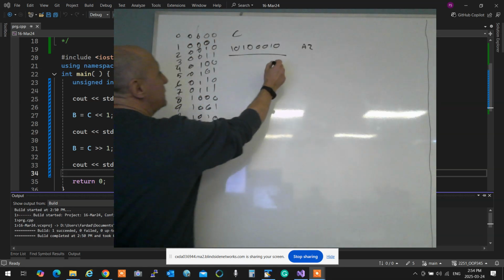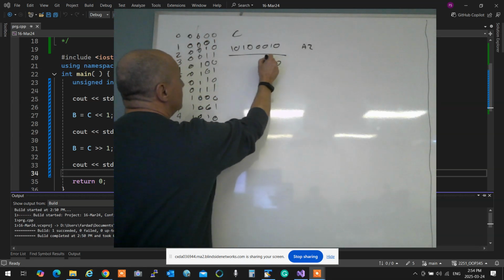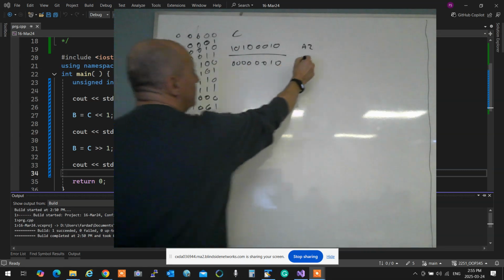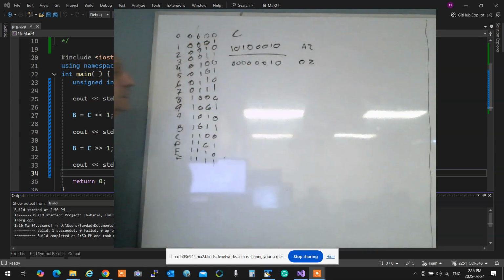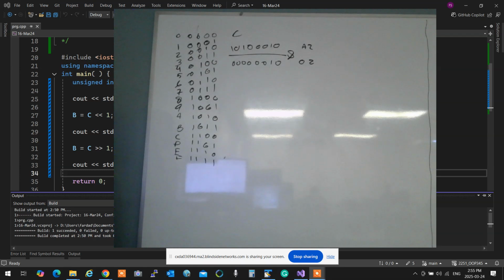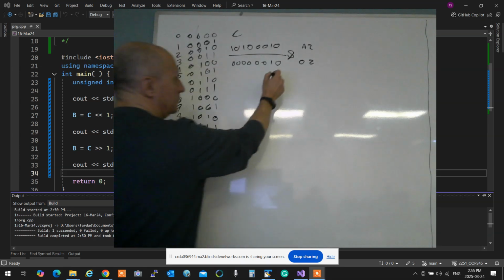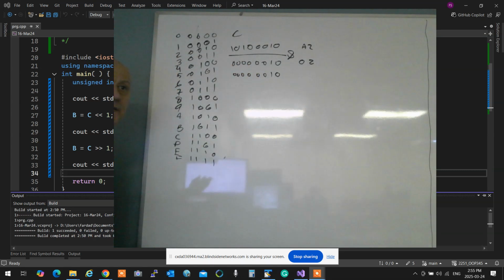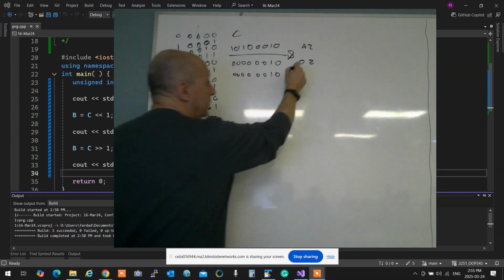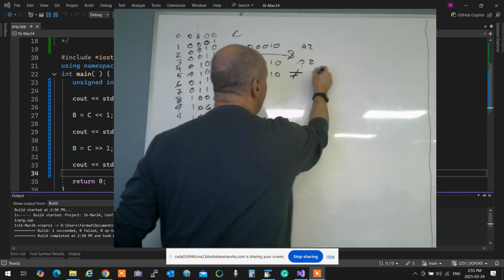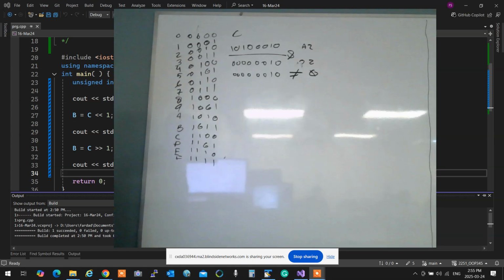Now, let's say I have this value over here. What is this? This is 0, 2, correct? If I AND these two values, what's going to be the outcome? It is not equal to 0, correct?